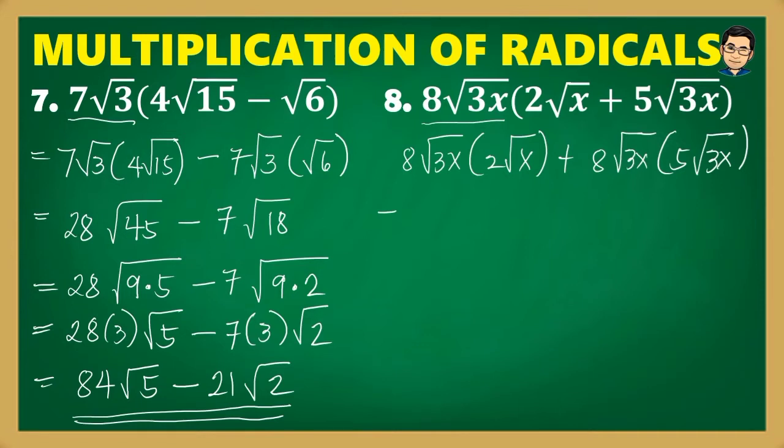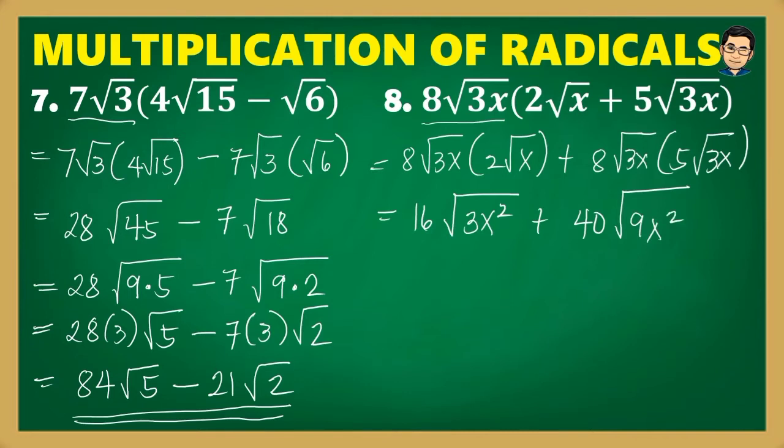So, i-multiply natin. 8 times 2, that is 16. Square root of 3x times x, that is 3x squared. Plus 8 times 5, 40. Square root of the product of 3x and 3x is